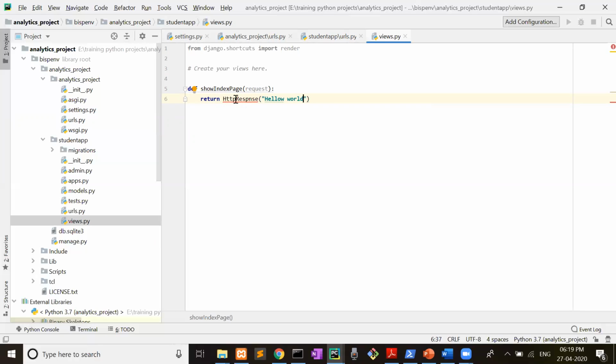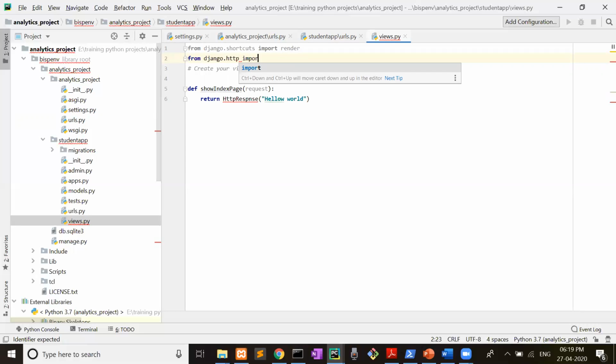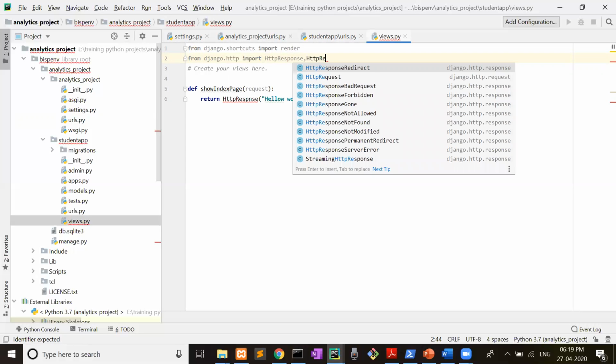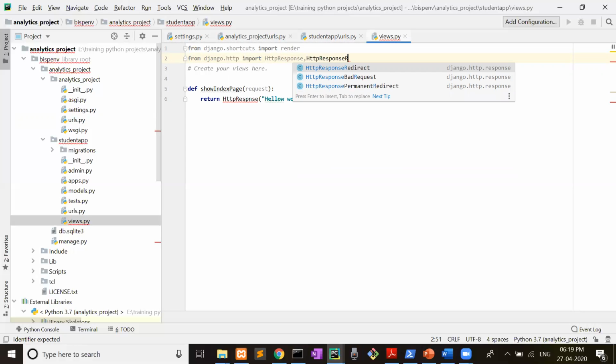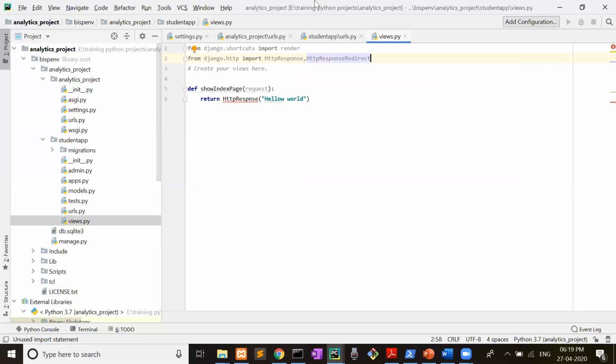Now see here, if you hover your mouse here, create class. No, what we have to do here, from django.http import HttpResponse. Same thing here, render comma redirect.